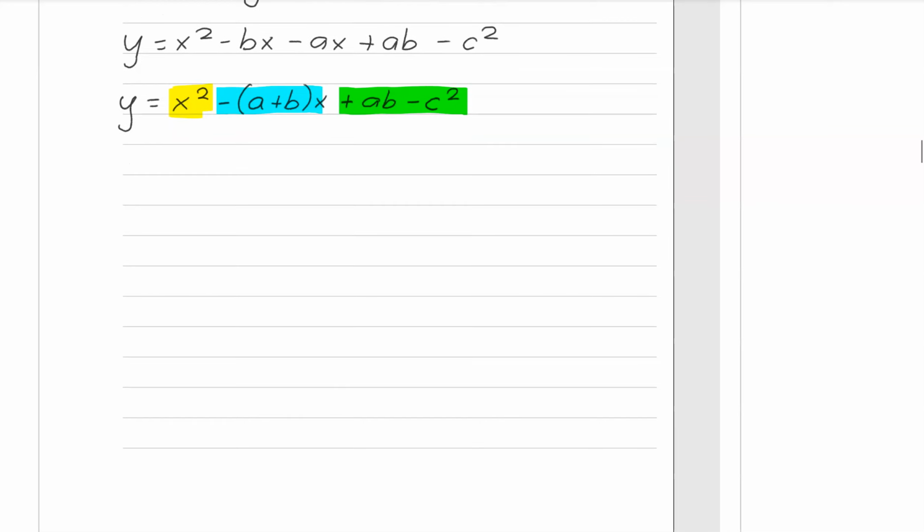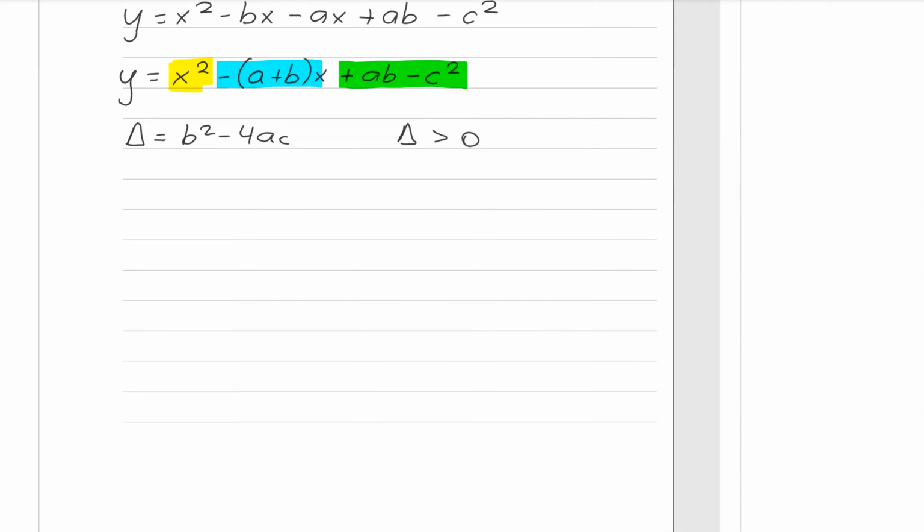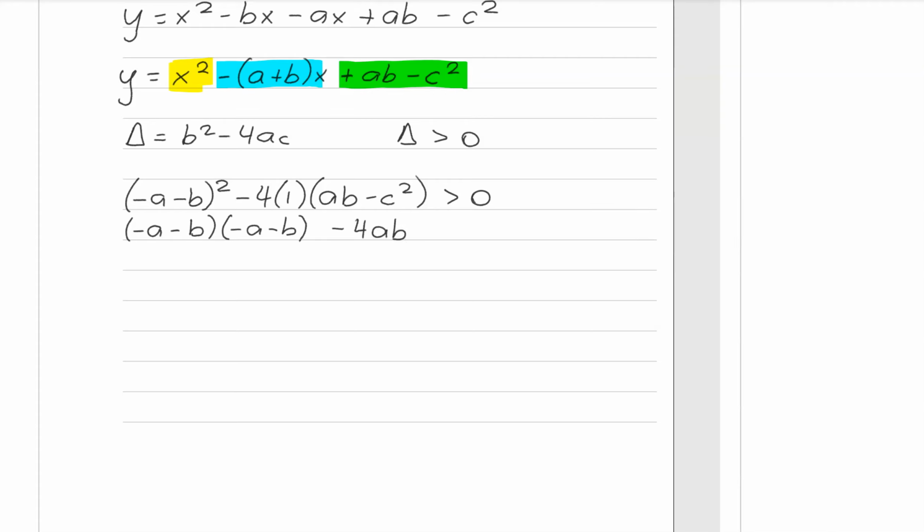So if I put up my discriminant, remember the discriminant is b squared minus 4ac, and I want my discriminant to be greater than 0. I'll multiply this negative inside, so I'll have (negative a minus b) squared minus 4 times 1 times (ab minus c squared), and I want this to be greater than 0. Let's expand it out: (negative a minus b)(negative a minus b) minus 4ab plus 4c squared